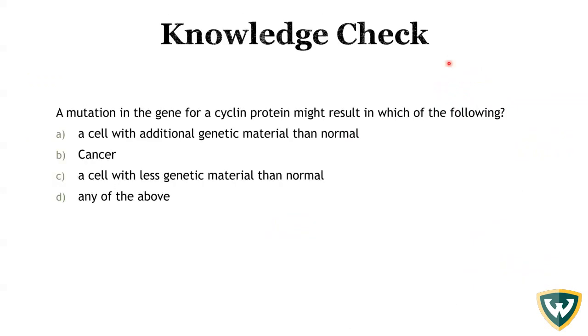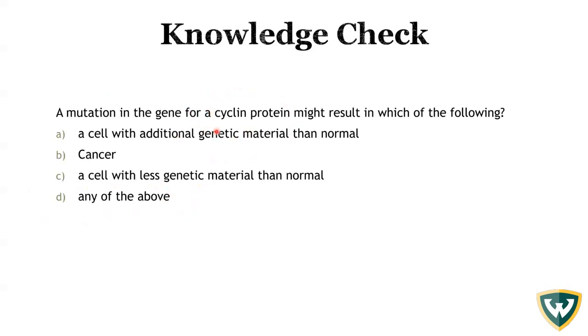So let's do a knowledge check. A mutation in the gene for a cyclin protein might result in which of the following? A, a cell with additional genetic material than normal, so more genetic material than normal. B, cancer. C, a cell with less genetic material than normal. Or D, any of the above. So the best answer here is likely any of the above, because I didn't really give you any specific information